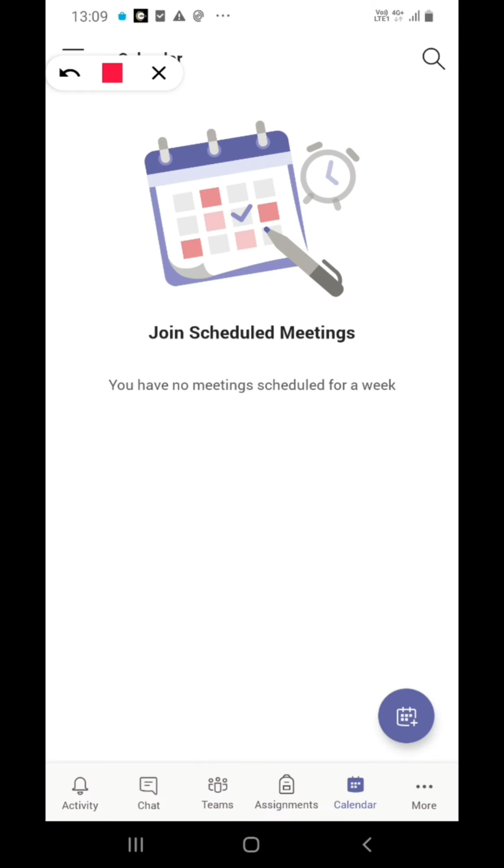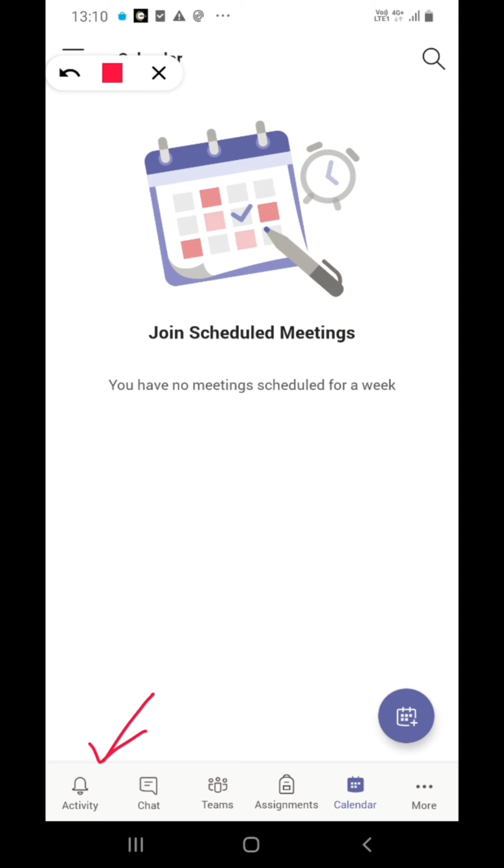Once you have successfully logged in, you can see some options here. The first one is Activity. Activity is going to show you everything that has been going on in your team, the most common activities that your teacher performs in Teams. This may include how many people engage in a chat in a channel, so all those things you can observe here.